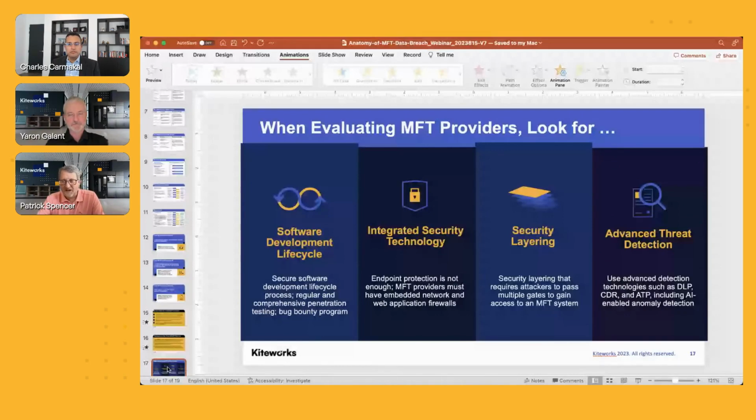Very, very true. Now, we're out of time, so we're not going to be able to speak to this slide, but I wanted to throw it up. We actually have covered, Yaron spoke to it earlier, as you can see here, 4 recommendations when you're evaluating MFT providers. What does their software development cycle look like? They have integrated security technologies. They have security layering. Yaron spoke a lot about that. And, 4th, do they have advanced threat detection built into the platform? We have AI anomaly detection and other things that give you a leg up where you can detect it proactively